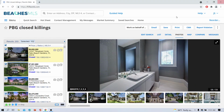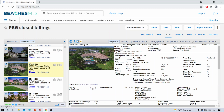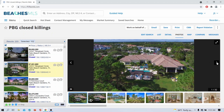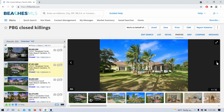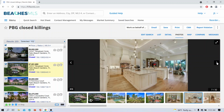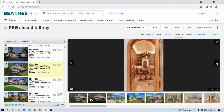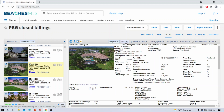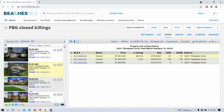Okay, so anyway, let's go to the next one. This one is also in Old Palm. Very nice, right? So this one sold for 7 million. So we want to see the history. Detail, history. Okay. So this one closed in